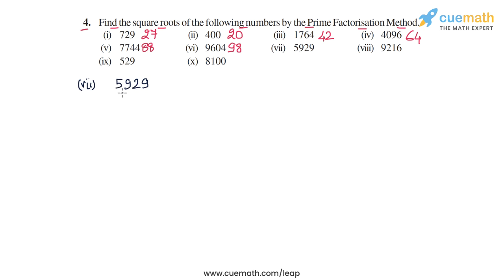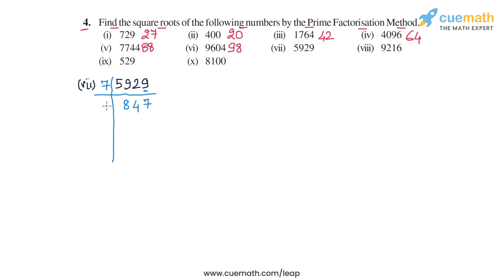The sum of the digits of this number is 5 plus 9 is 14, plus 2 is 16, and 9 is 25. So this 25 is not divisible by 3. So this number is also not divisible by 3. It's also not divisible by 5 because the last digit is 9. But if you check, it is divisible by 7. So we will start the prime factorization process with 7. So dividing this number by 7 will give us